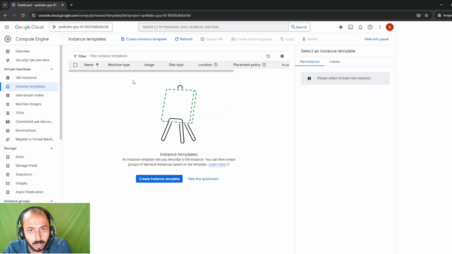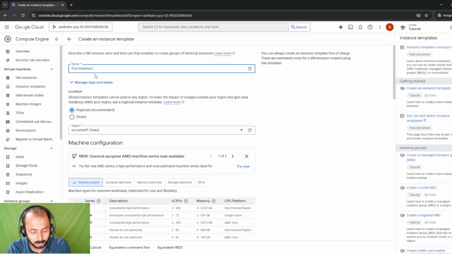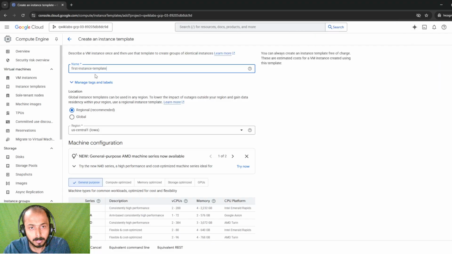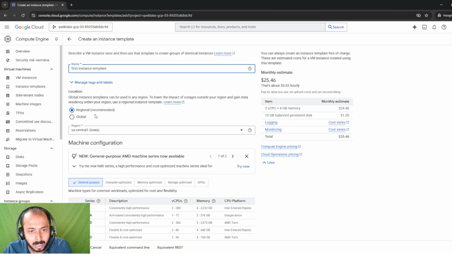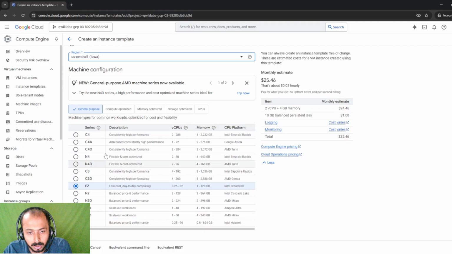Okay, so as you can see, instance template is opened. Click on create instance template. Okay, so fill out the details, like what is the instance template name. So we'll say first instance template, and then either you can select regional or global. So in our case, we'll keep it as regional, and region I have selected US Central 1, and we have